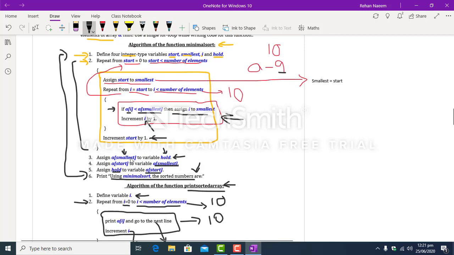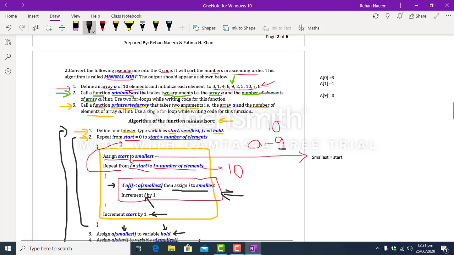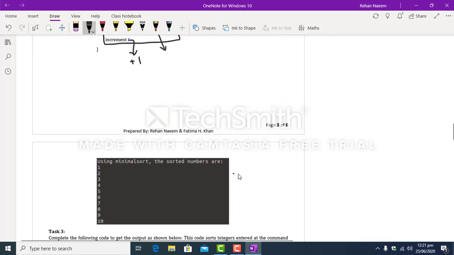These are the two algorithms which you have to implement, and you have to call these two functions in step 2 and step 3 to get this output. So the output is shown over here. All the elements are sorted in ascending order and are displayed vertically.